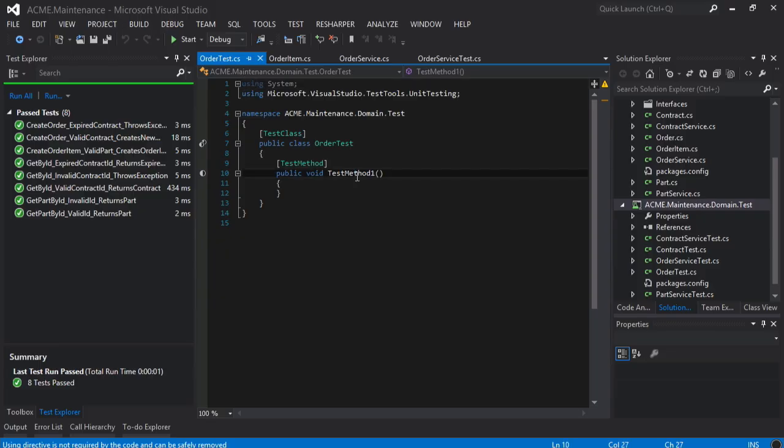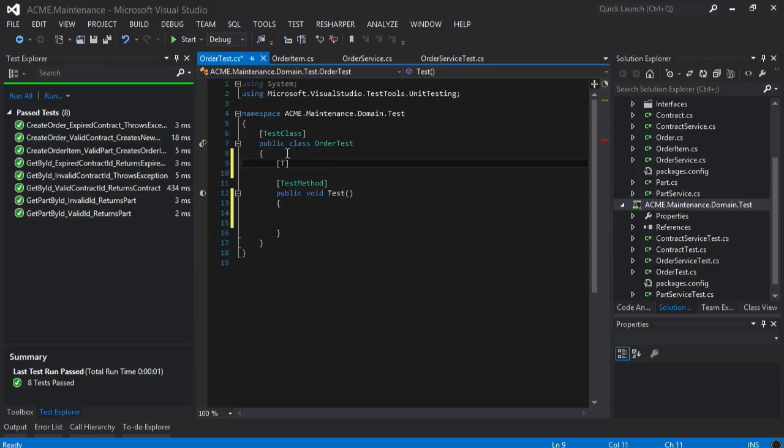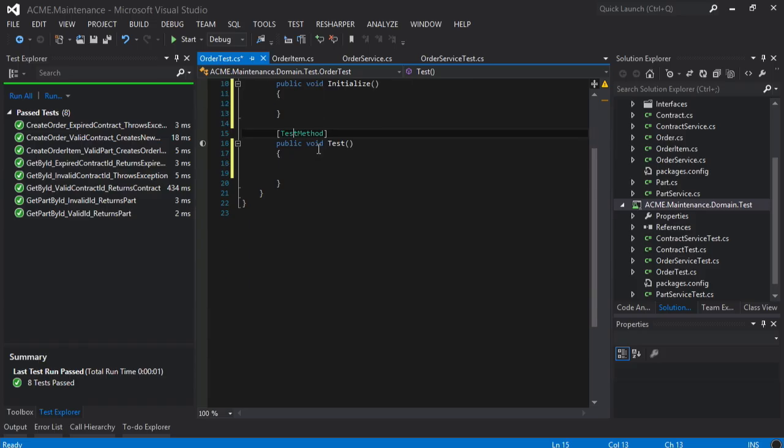I'm not feeling very original at the moment, so I'm just going to call this just test. All right. I'll come back and rename that later once I get a clearer idea of what it is that I actually need. I don't know. Maybe I should go ahead and do, I know I'll need an initialize method at some point. So I guess what I'll do